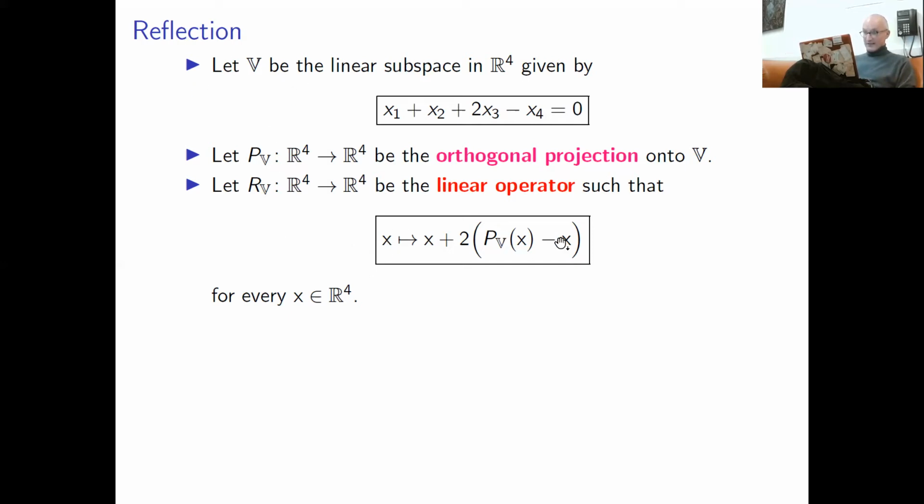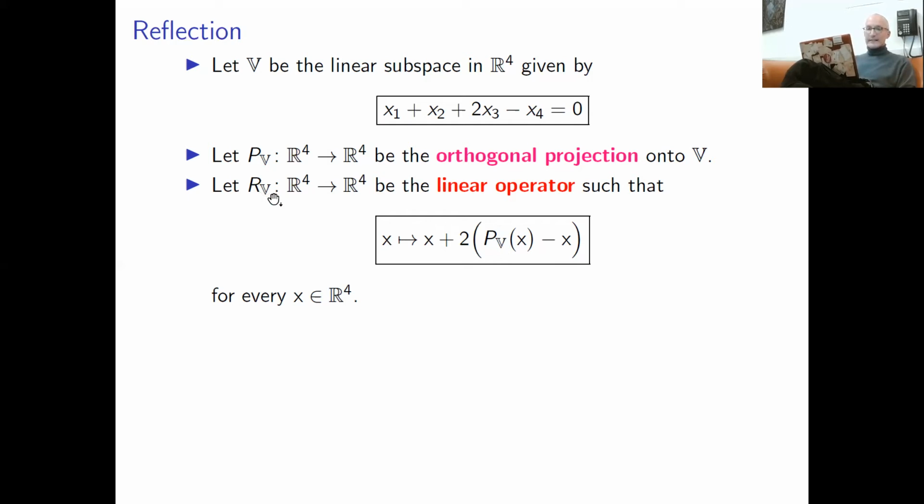So let's consider the previous question for this linear operator, and you can do it in several different ways. One way is to find the explicit formula for the standard matrix of R by using formulas from the example class from the previous week. We know 5 different ways to find a formula for the projection. If you plug in this formula, you get a formula for R.